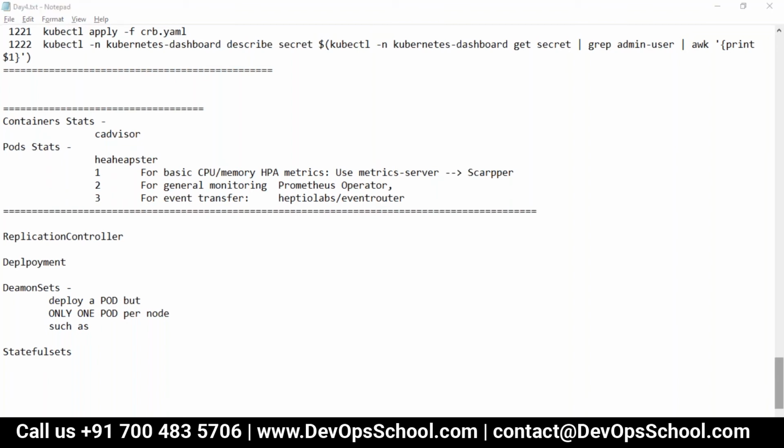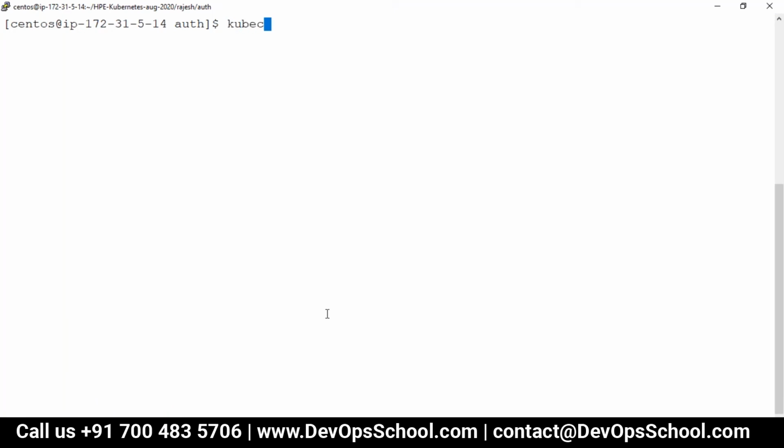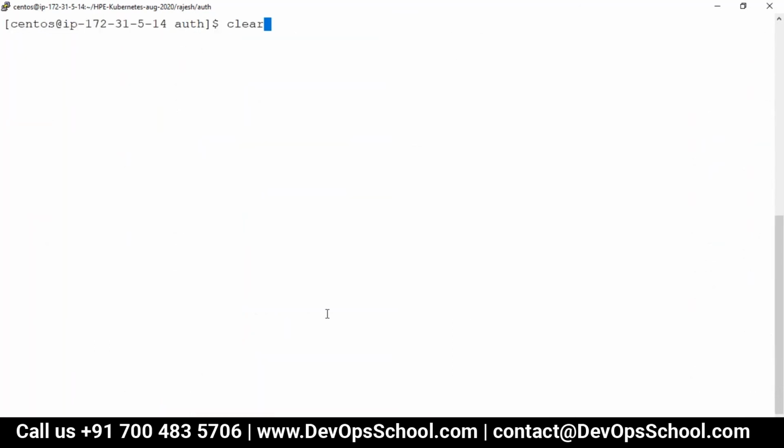Sir, you forgot again. In the master we install a controller and API server, and other than that we install another set on the worker nodes, the kube proxy and others. Kube proxy is running on each node. How can you forget? You spent almost half a day on this. kubectl get pods --all-namespaces. See here. Wait a second, let me grep: -o wide, grep proxy.